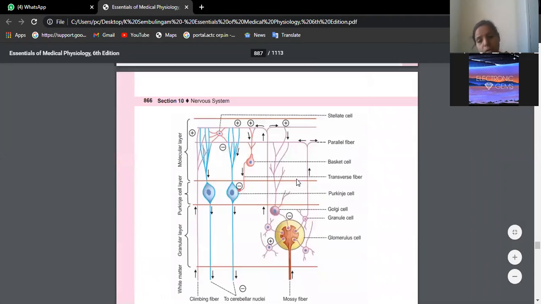If you remember in the histology of the cerebellum, we had the MPG layer, outside. Molecular, Purkinje, granular. Very good. That is found in the gray matter, and below which we have white matter. The important cells here are these Purkinje cells, the specialized neurons we find in the cerebellum. The chief function of the cerebellum actually comes into action because of the presence of these specialized cells.